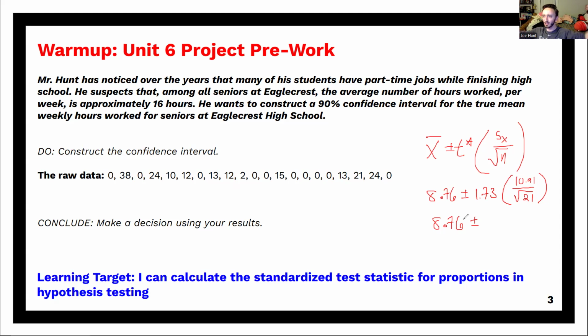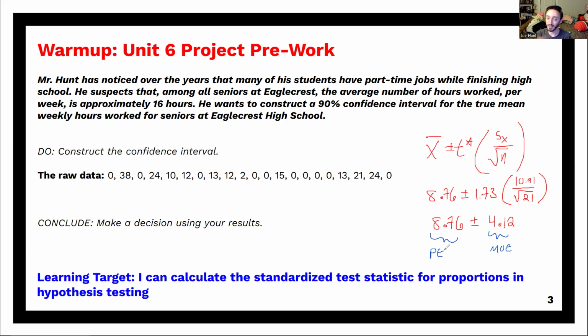You can think of in that T distribution, the 1.73 is how far away from center you got to go in terms of standard deviations to get 90% of the data packed in the middle there and 5% on each edge. What I'm going to get out of that is about 4.12. So my margin of error here, this plus-minus part of the equation, is telling me that give or take roughly 4 hours around this average of 8.76, my point estimate, that's our confidence interval. That's our best estimate for the true actual count of hours per week the seniors in our school work.